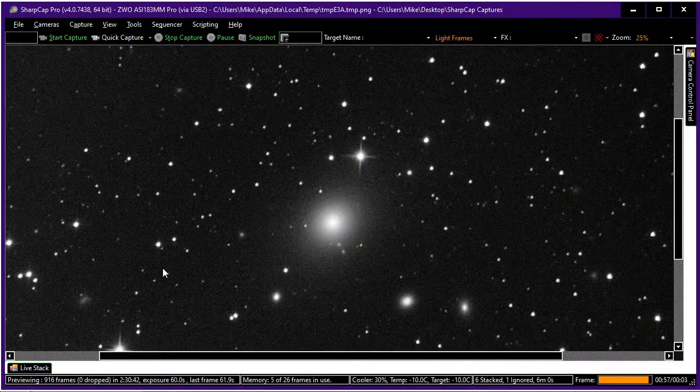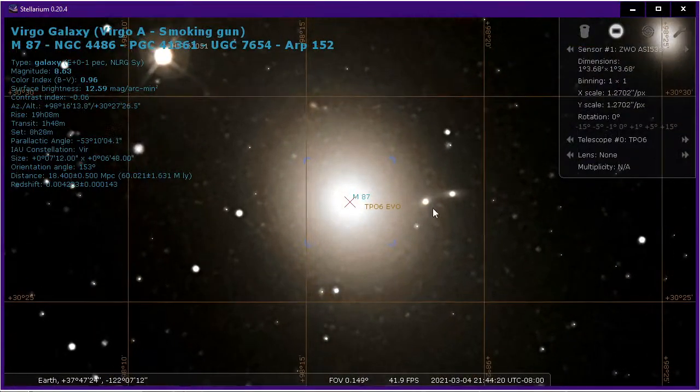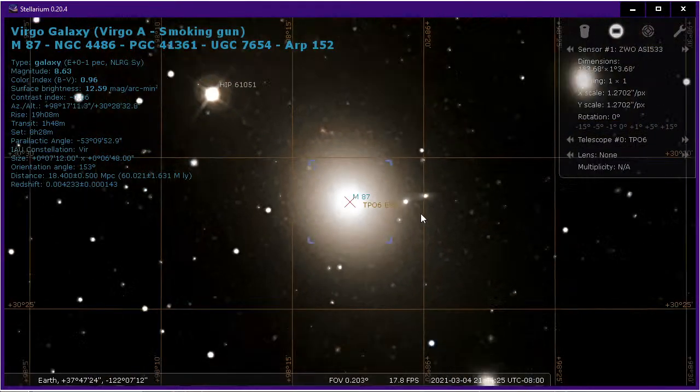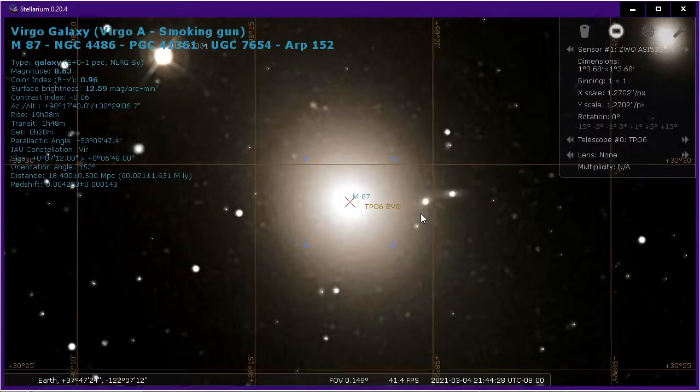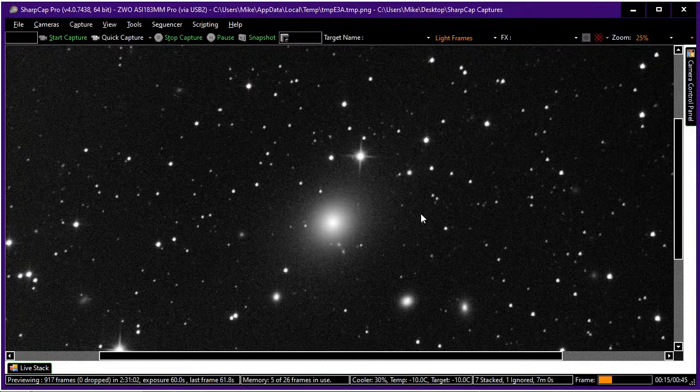That is definitely it. But I am not seeing, even in the Stellarium picture, I'm seeing these two stars here that seem to have some nebulosity associated with them, but even in their image I'm not seeing the jet. So I'm not sure even which direction it comes off. Now there is a picture of it in Wikipedia, but I'm not really able to match up